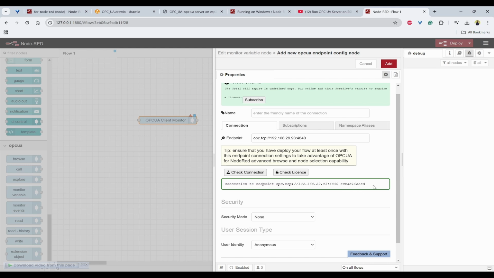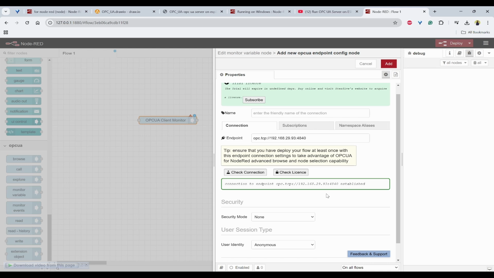Sometimes you can also see there could be some error. That could be because we are using ESP32, which is a small footprint. It will easily throw out of memory issues whenever you are trying to connect multiple clients. For example, if you've seen my previous video where I connected UA Expert, and now you are trying to connect a new client in Node-RED, it will not have enough memory to allocate both clients.